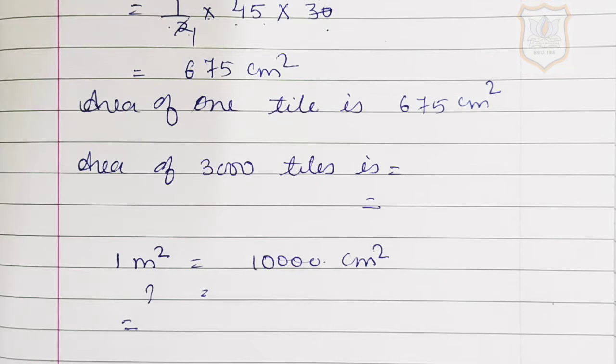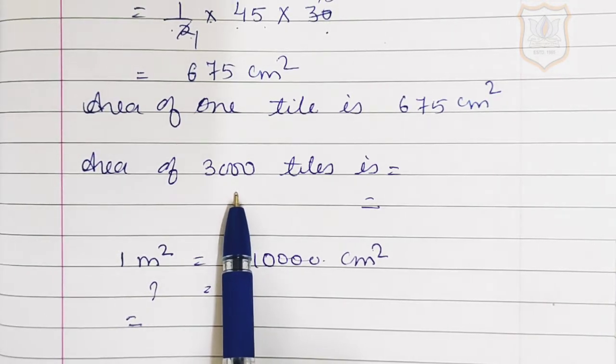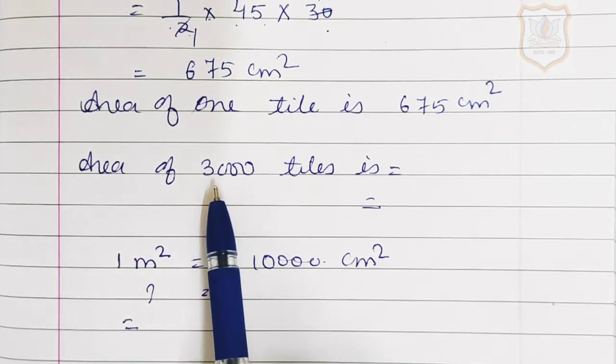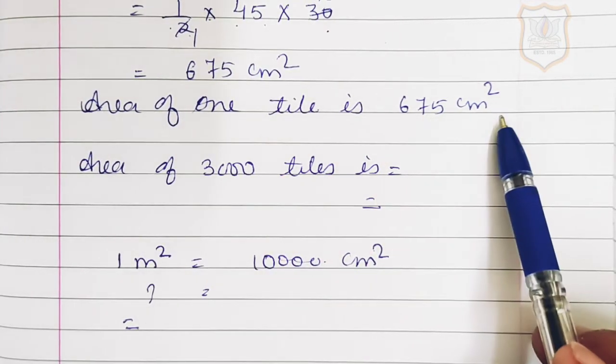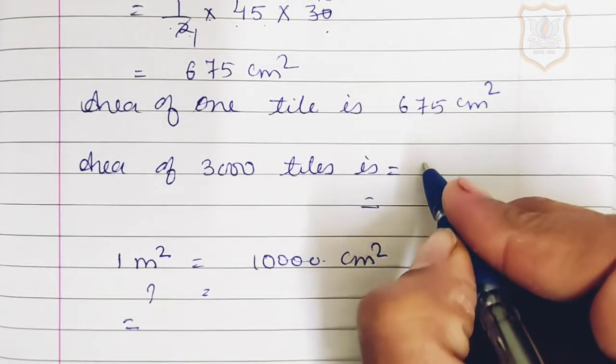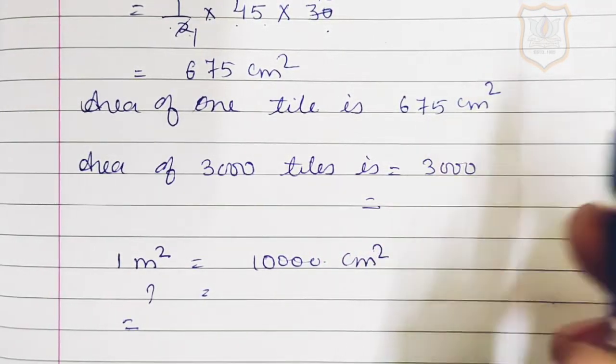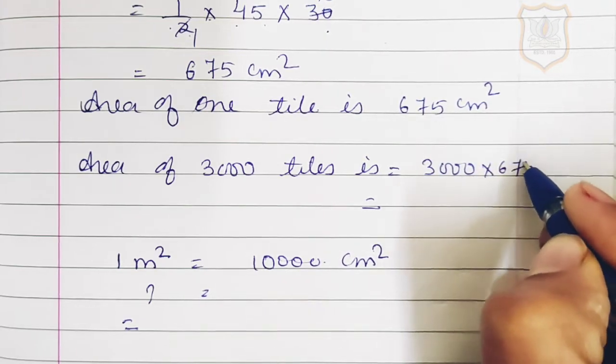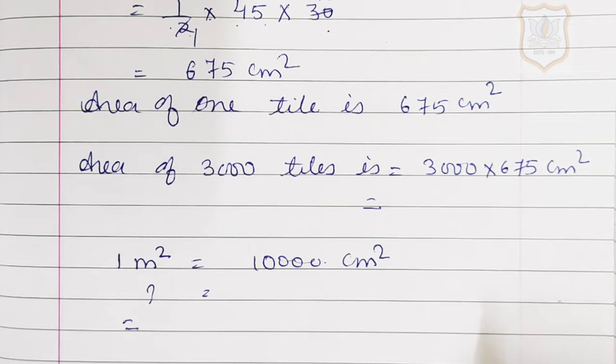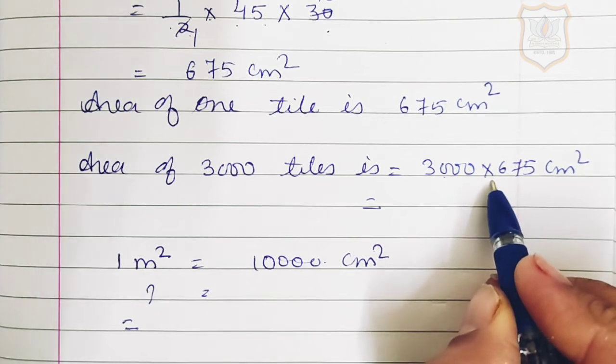In case students, if we want to find out the number of tiles, जब आपको number of tiles find out करने होते हैं, then we use the formula, तब हम formula use करते हैं, area of floor divided by area of one tile. So here the number of tiles are given. We have to find out the area of floor. To find out the area of floor, we will just multiply number of tiles with area of one tile. So number of tiles are 3000 and area of one tile is 675 centimeter square. So the area of the floor will be 3000 multiplied by 675